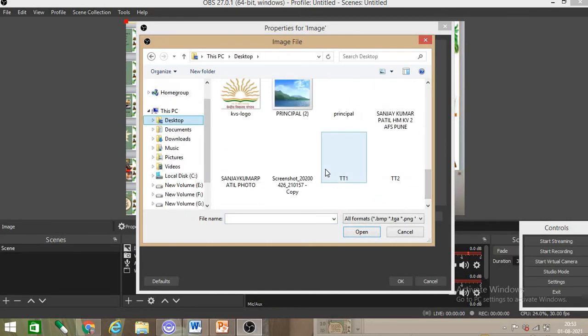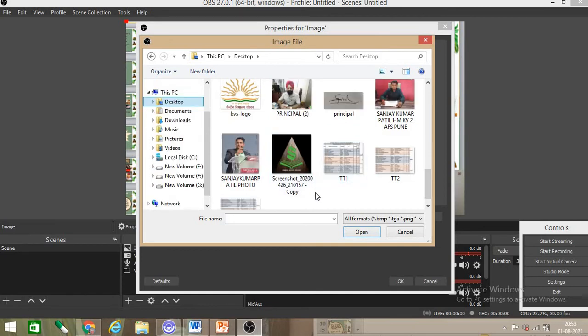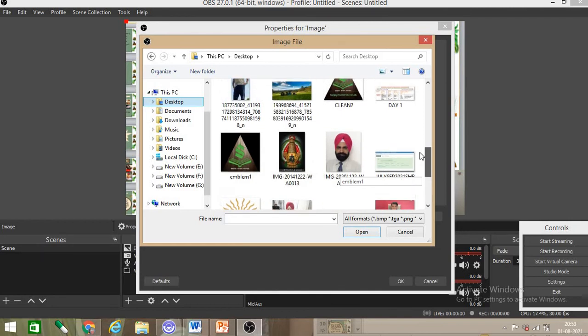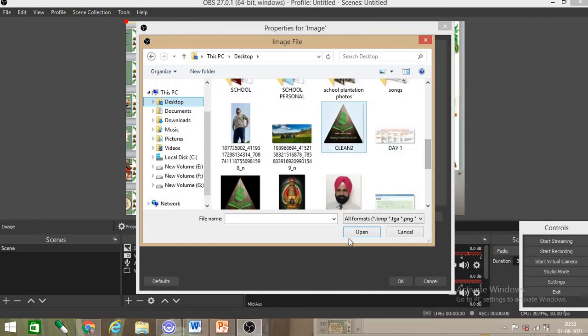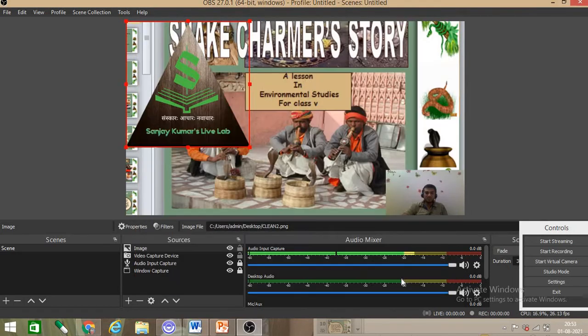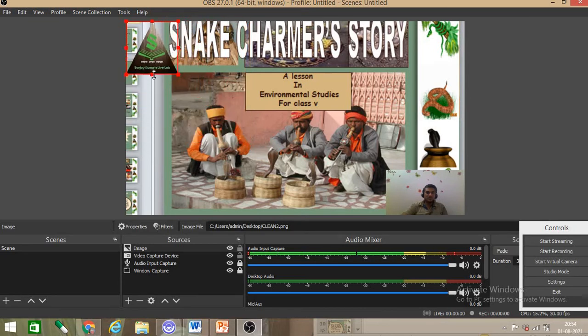Now see, suppose I want my logo. Okay, this is my logo. I will click on my logo, say open. Now say okay. Now here you can see my logo. So you can keep your logo on your left or right side as per your requirement.